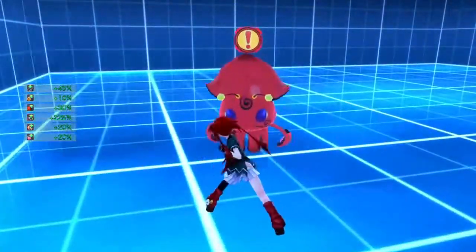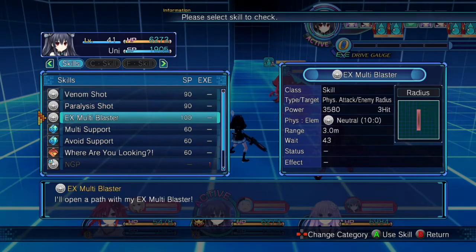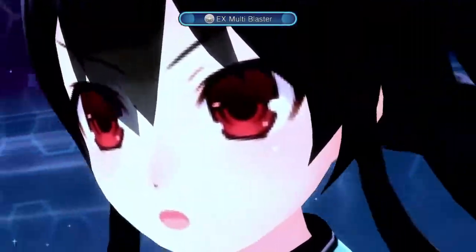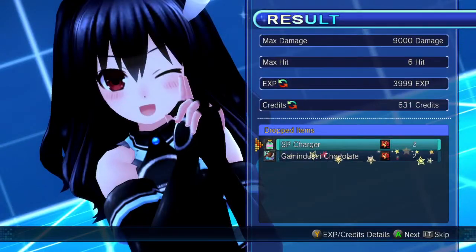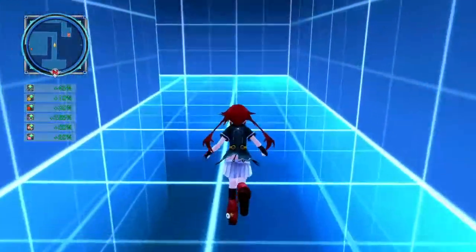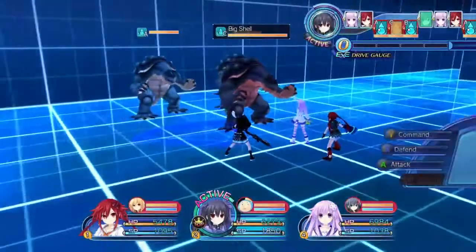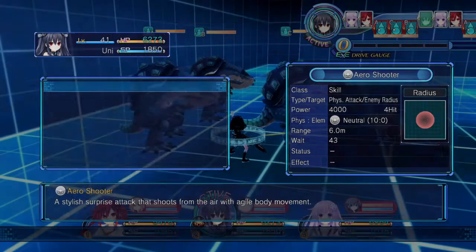In fact, I'm going to go pop some monsters while I'm here. These guys have parts that can break if you hit them from the front. And since they're in this sort of formation, they'll just be EX multi-blaster. I could also use Slash Wave, but I believe Slash Wave costs 10 more SP. And since they have parts break, they have the chance to drop items, including SP charges, which are actually pretty useful at this point, since I only really have one other way of dealing with my SP, and that's using